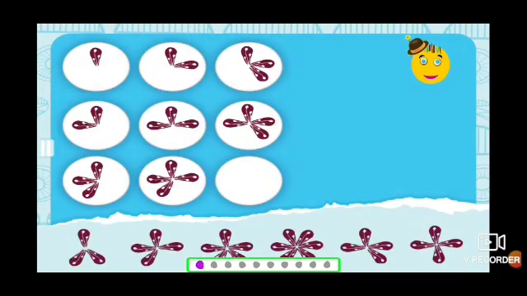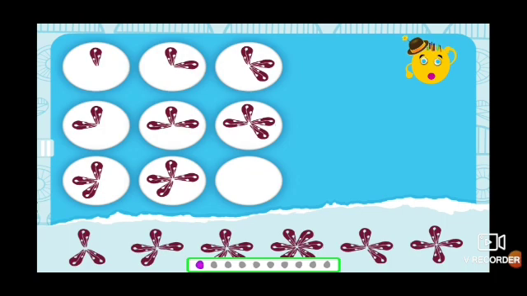Let us see the next sum. Here petals are there. In the first line, we can see there is one petal. Second, two petals. Third, three petals are there. Second line, we will see two petals are there, then three petals, and then it moves on to four petals. Third line, it starts from three petals, then four petals. What will be the next one?